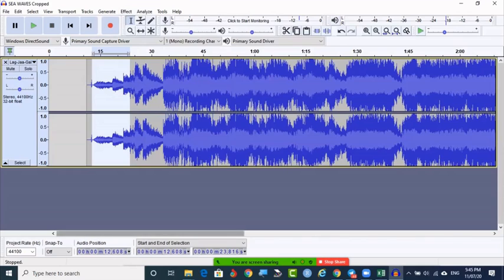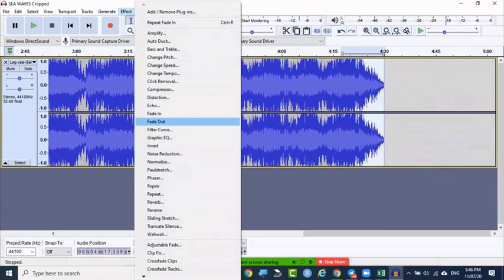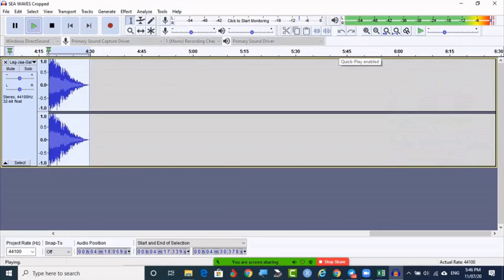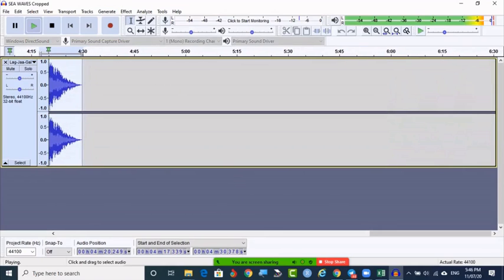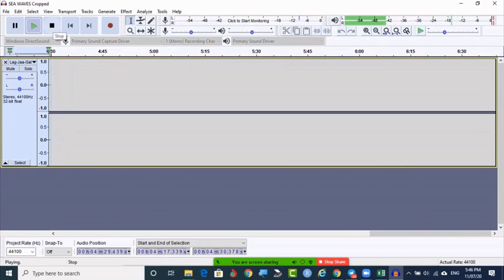Then the end point, instead of this kind, I want to select this area and give fade out. See, now timeline. I'm selecting the timeline here. See, that is the effect of the fade in and fade out.